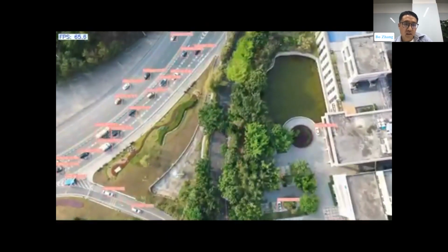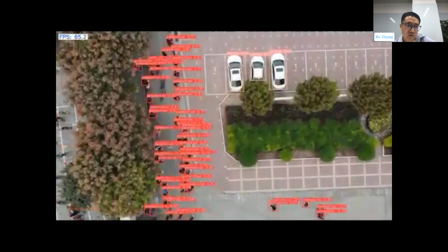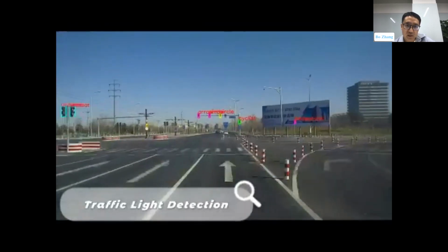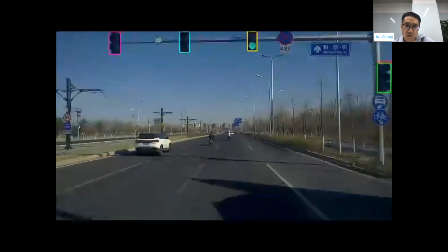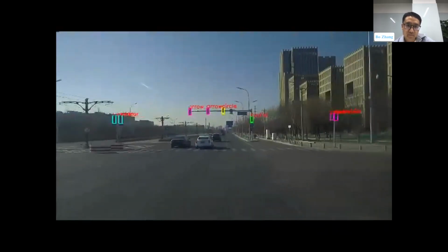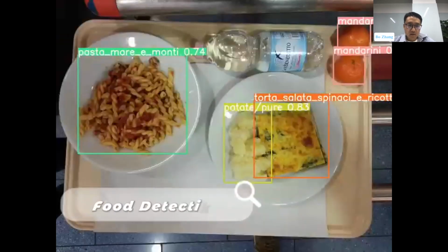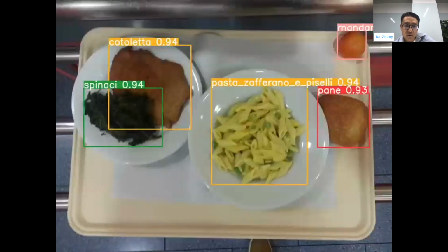This one is the top view detection from UAVs. And we see that there are lots of pedestrians and cars, vehicles going on. This is the traffic light detection that we use in high definition map generation. And this one is the traffic sign detection that we use to provide a category to select